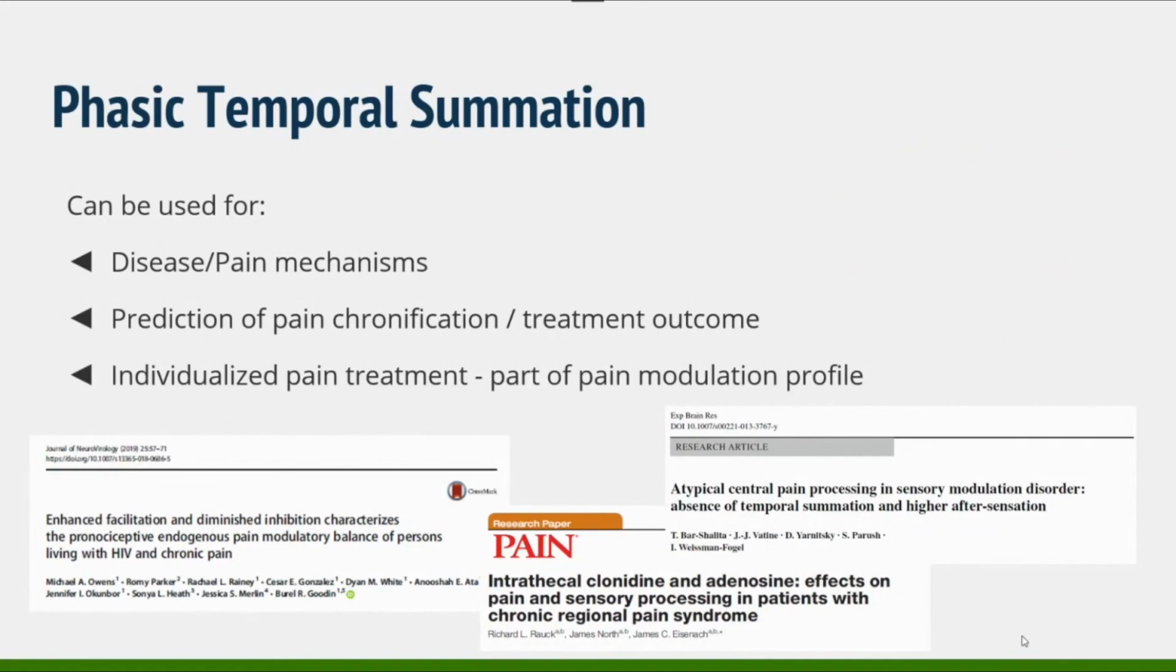People with a specific pain processing profile are at higher risk of developing post-operative pain. There is also a very interesting approach suggested by Professor Yarnitsky here in Israel about the individualized pain modulation profile, which takes into account the facilitation part, assessed by temporal summation, and the inhibition part, assessed by the CPM test. And these two in combination